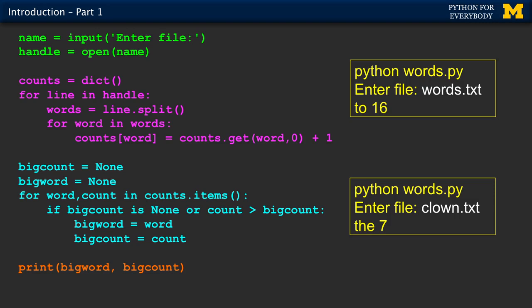It's got about 11, 12 lines of code. And in it, we have instructed the computer to read through a bunch of text, count the words, and tell us what the most common word is. And so if we run this program and we give it a file of words, it'll say the most common word is the, and there are 7 of those. And so this is